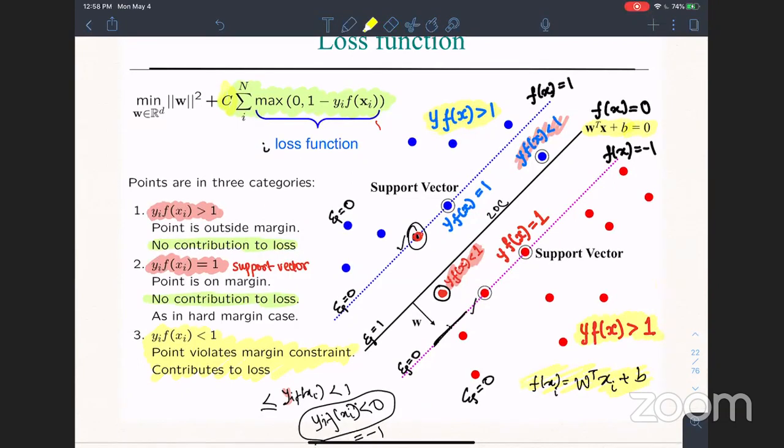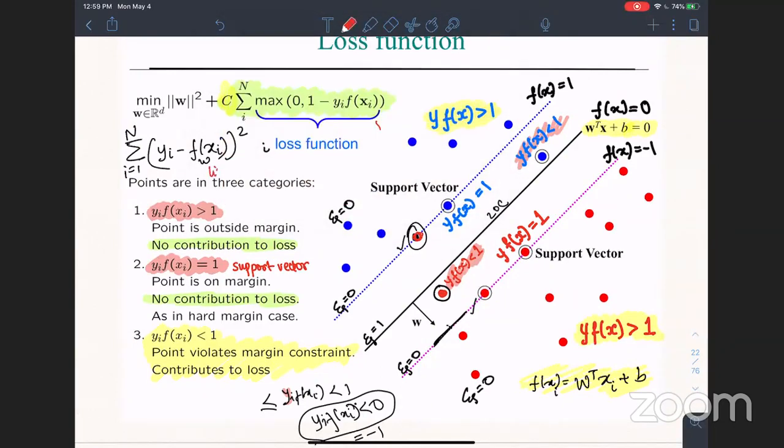So I can always choose a W and B such that this loss is minimized. Which was exactly what I was doing for linear regression when the loss was MSE. It was MSE plus lambda times W squared. Instead of lambda, we have the inverse of lambda, which is C, which is on the other side. So initially we have randomly initialized W and B, and after the entire process is done, we get this